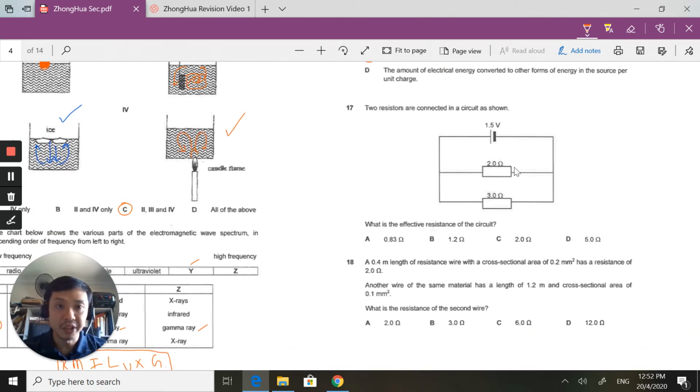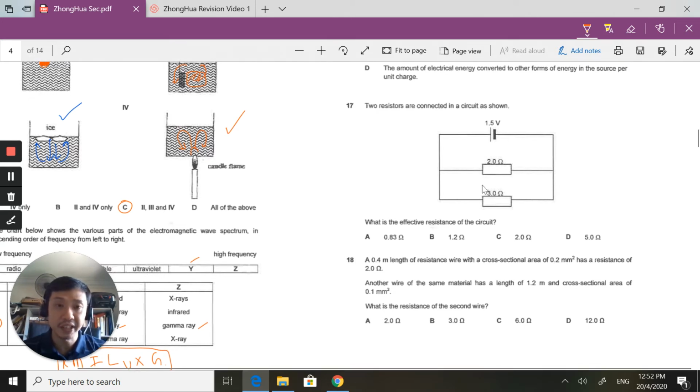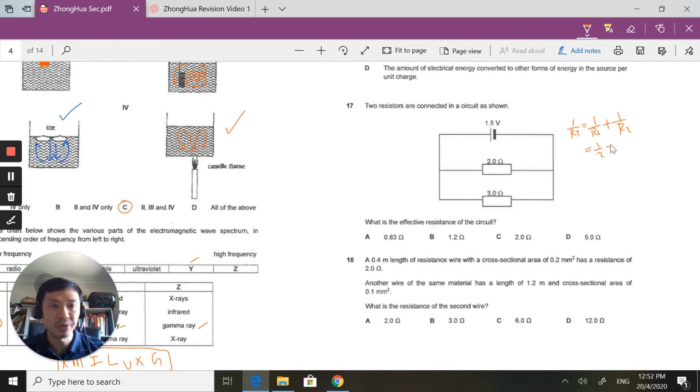17. I've got these two fellas connected in parallel. What is the effective resistance? So effective resistance is 1 over RT, now of a parallel circuit, yeah? Plus 1 over R1 plus 1 over R2. This fella is 1 over 2 plus 1 over 3, 1 over RT. Yeah, so 1 over RT is equivalent to